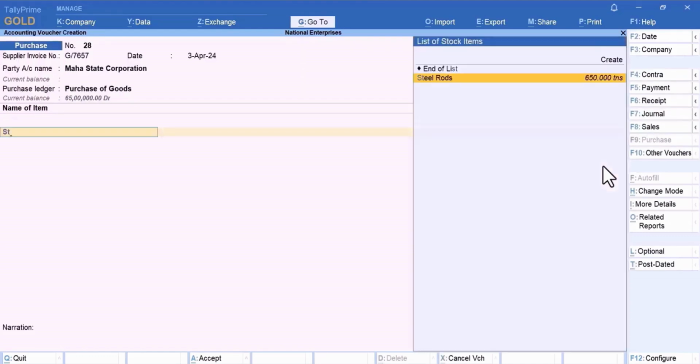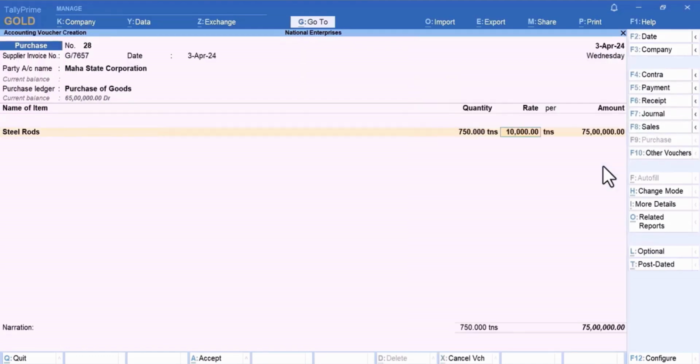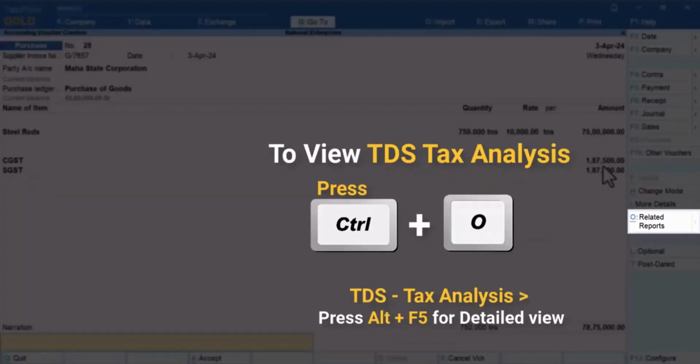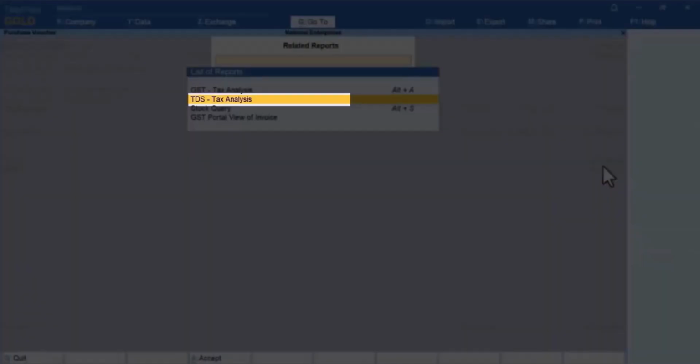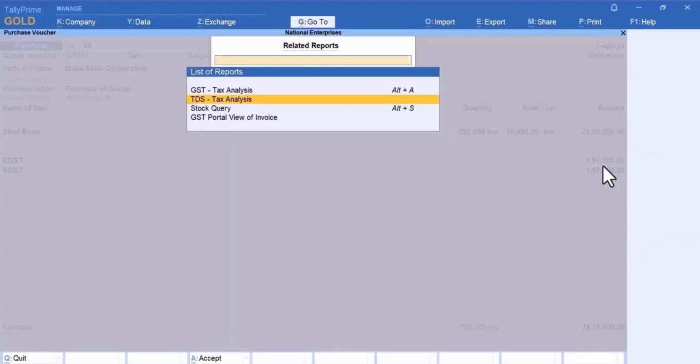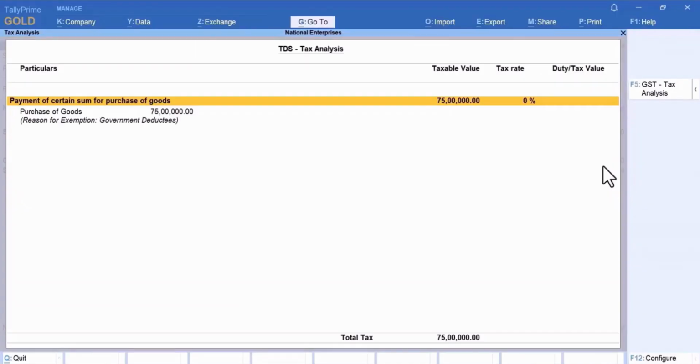Enter the name of item, quantity, and rate. Select the GST ledgers. To view the detailed tax breakup, press Ctrl O, TDS Tax Analysis, and press Alt F5.